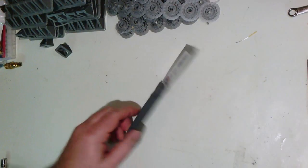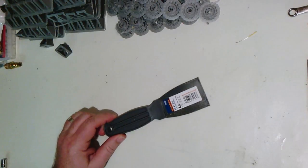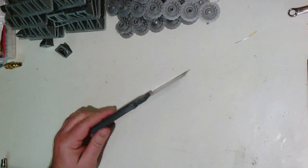For you guys into scrapbooking, your wives already have something like this for their Cricuts. And if your wife doesn't have a Cricut yet, don't mention it. Trust me, don't mention it to her. It's a way to move parts off the bed. You'll need one. I prefer the metal ones over the plastic ones, just because the metal ones tend to be